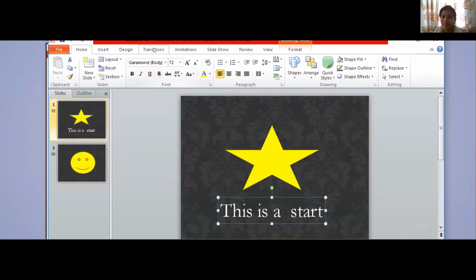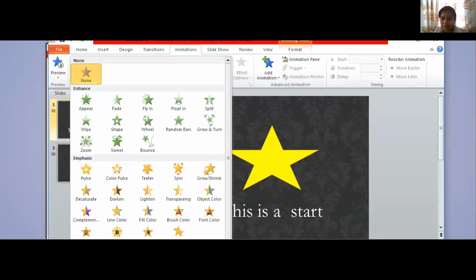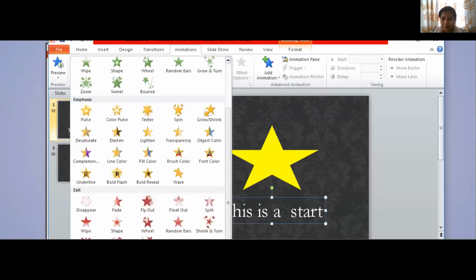The other time I've given animations, see. So I can just give it like this. Can you see on the screen it is rotating, zooming in, bouncing and coming. It should start like this.